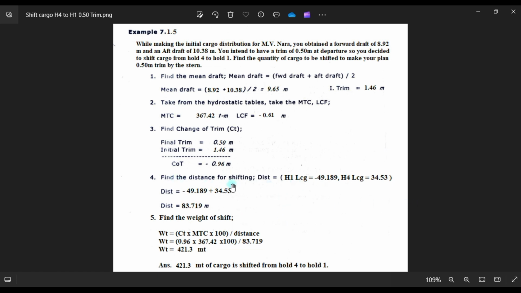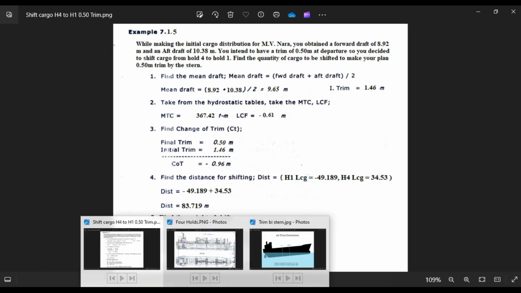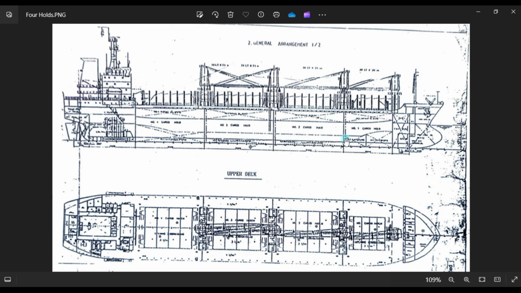Then find the distance for shifting. So you have cargo holds 4 and 1. So you have to find the LCG. Okay, so we go to the picture. This is hold number 1 and this is hold number 4. The LCG of hold number 1 is in the middle and the LCG of hold number 4 is in the middle. From midship,